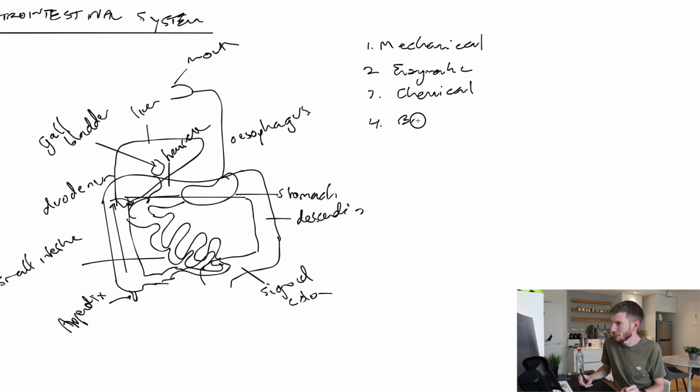And the fourth one is bacterial, where we use good bacteria in the gut to actually break things down. So if we start with the mouth, you've got mechanical and enzymatic. Mechanical is chewing, or mastication, and then the other one is enzymatic. You've got enzymes in saliva that break down complex sugars. From there, then you've got